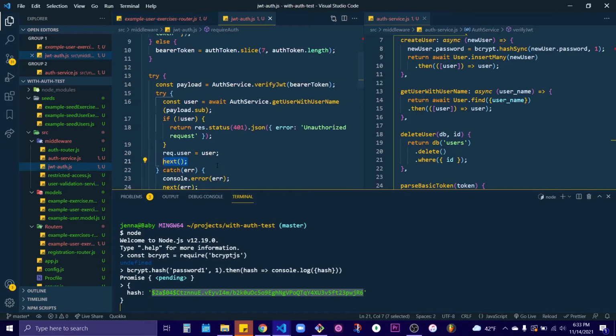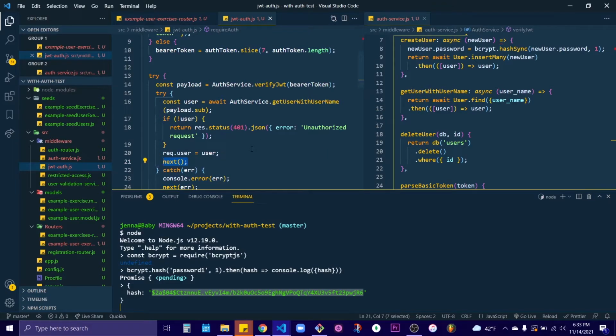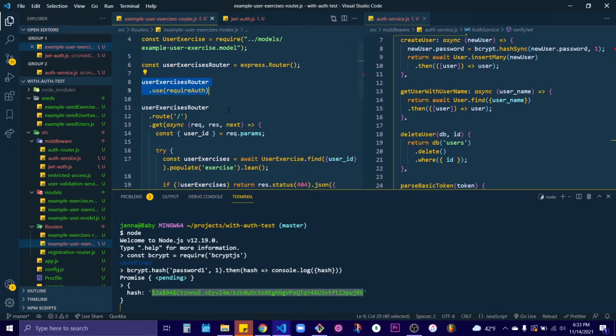So all we're doing here is we're saying, all right, this user is valid. I am now going to take all this user data and add it on to my request object, and now we're just going to keep going down the line. And that's why when you're looking at this, it starts with this, right? We're using requireAuth, but then we continue on to this. But what's new, what's happened now, is that we now have all of our user data